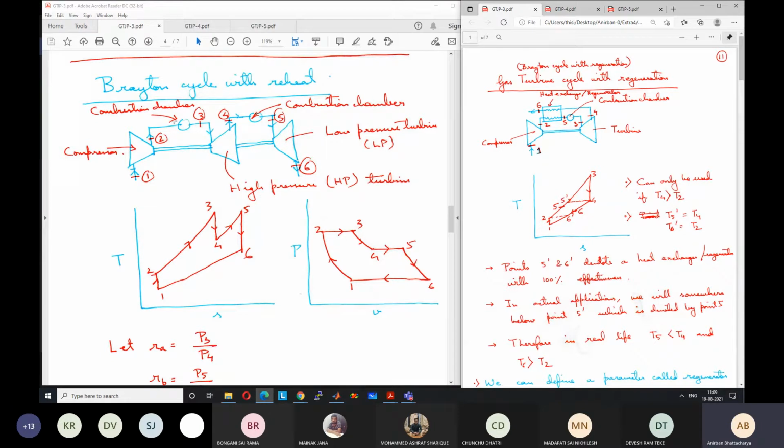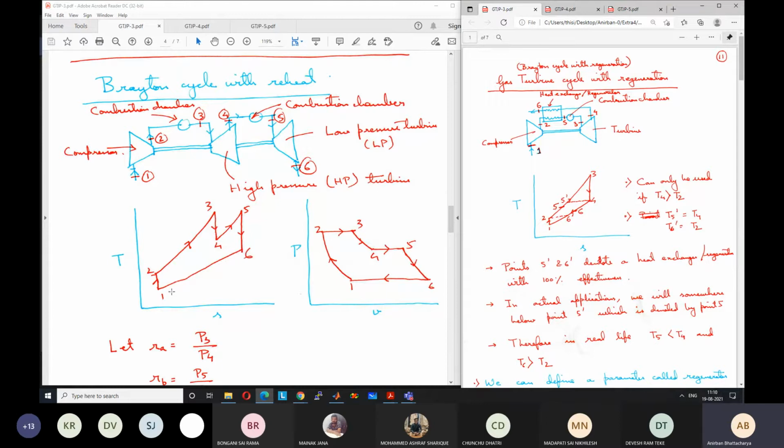So we were discussing this cycle, and I had shown you what the cycle looks like schematically. There is a compressor like the usual Brayton cycle. Then you have the combustion chamber. Then there are two turbines instead of one. The first one is known as the high pressure turbine, where the expansion occurs from the high pressure P3 to the intermediate pressure P4. Then there is a second combustion chamber, where again heat addition at constant pressure occurs, and we go from 4 to 5. And then there is a low pressure turbine, where expansion occurs from the intermediate pressure P5 to the low pressure P6. The exhaust gas comes out at 6.